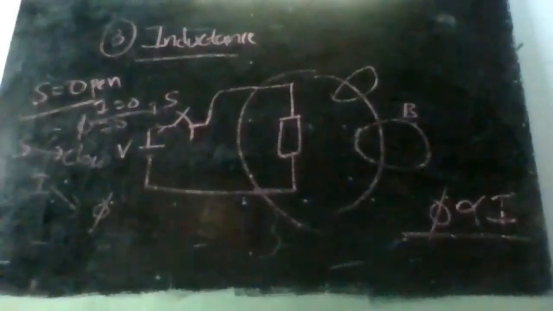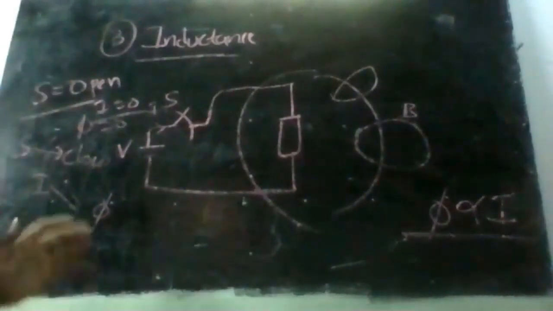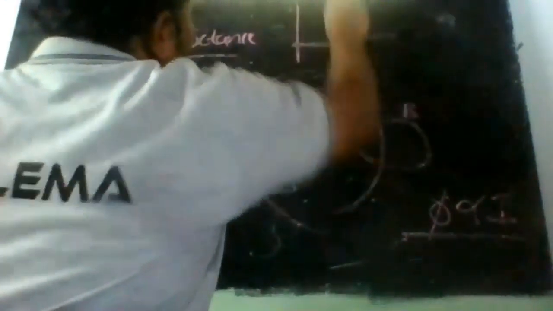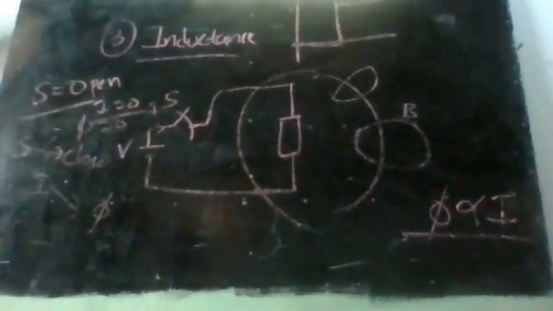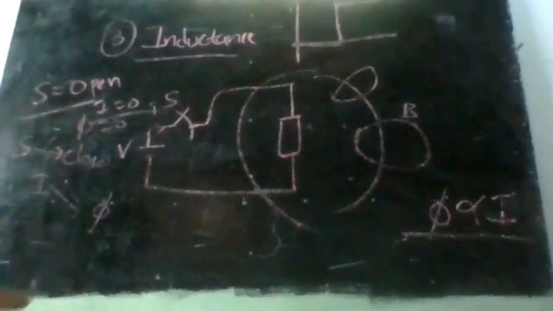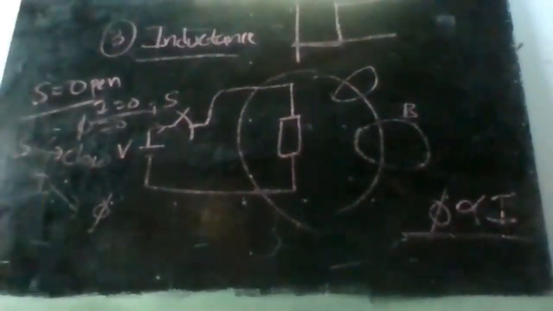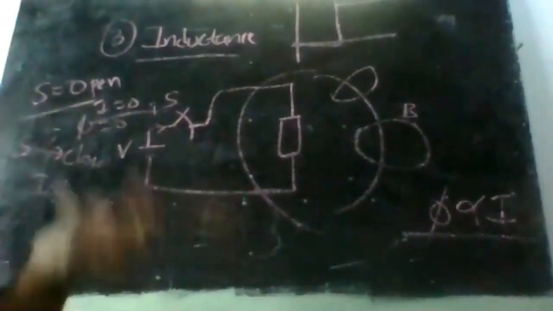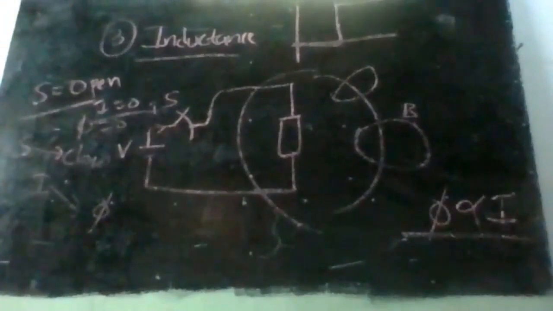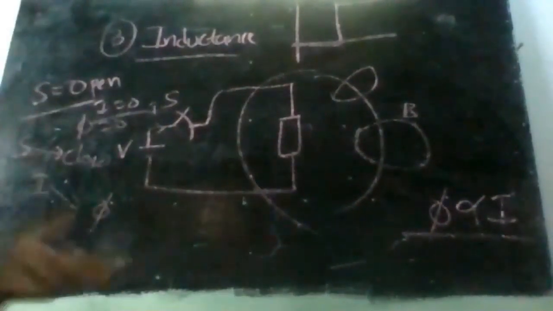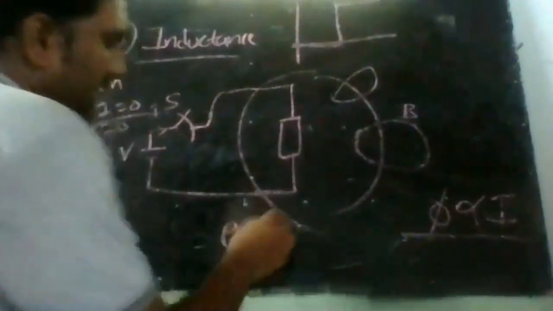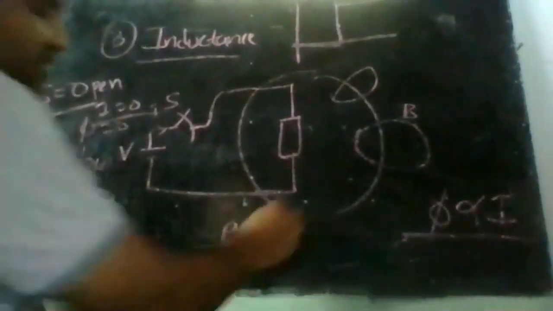There is an instant change in the current. I is changing instantaneously, that is, the switch is opened or closed instantaneously. Current is also assumed to be changing instantaneously, which will give us the flux changing instantaneously. So if the flux changes instantaneously, then we will further study the EMF.